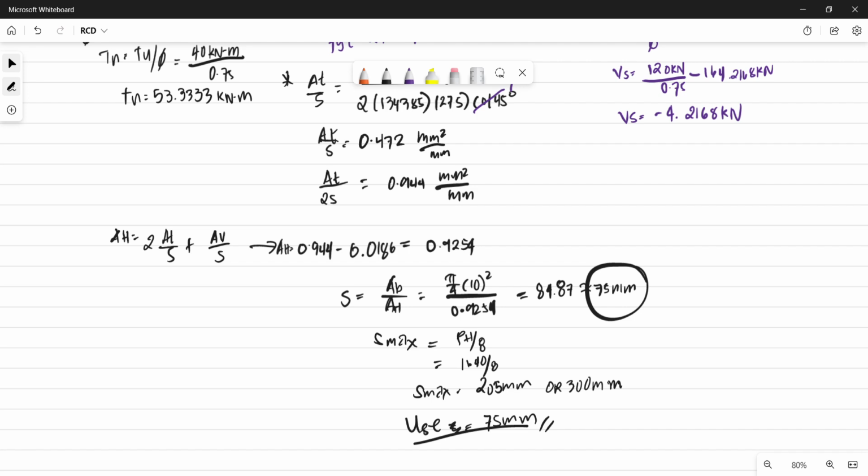Next, kapag longitudinal reinforcement naman, ganun din. Longitudinal reinforcement,